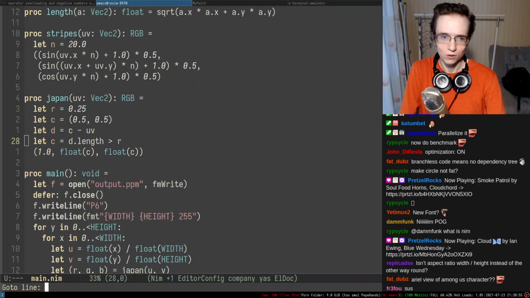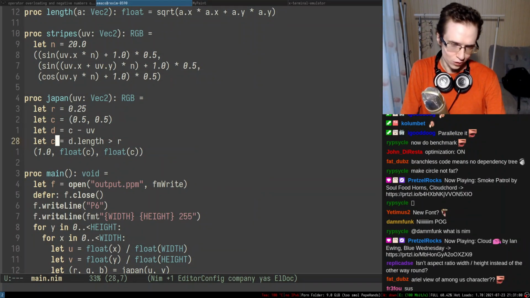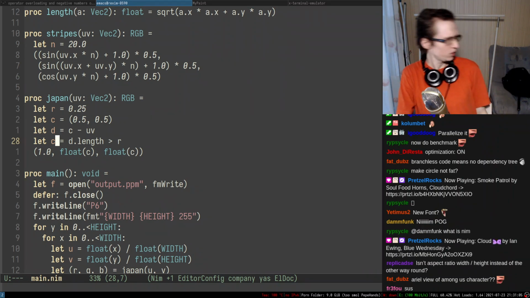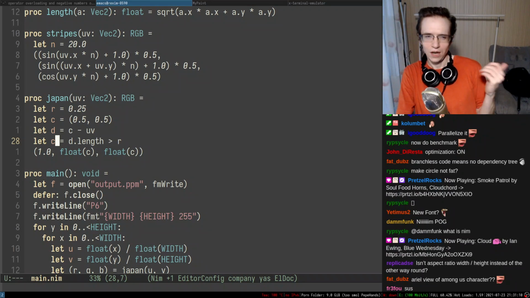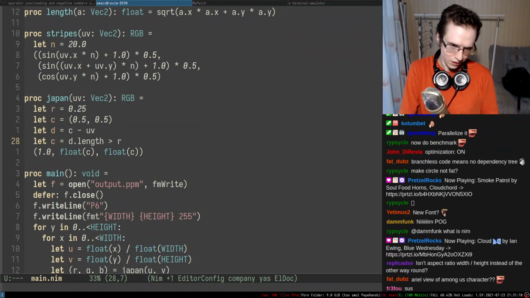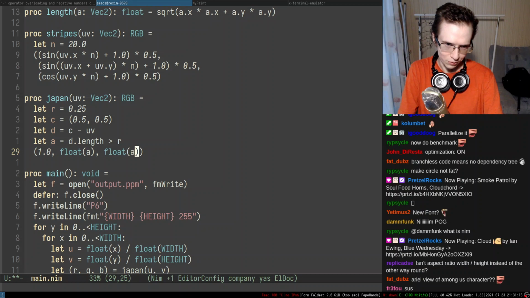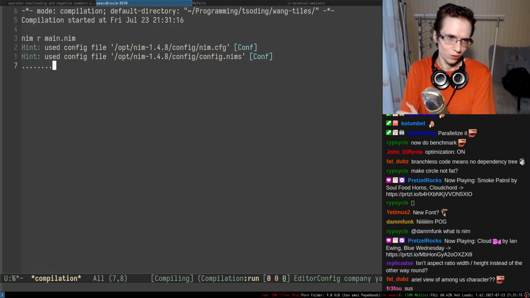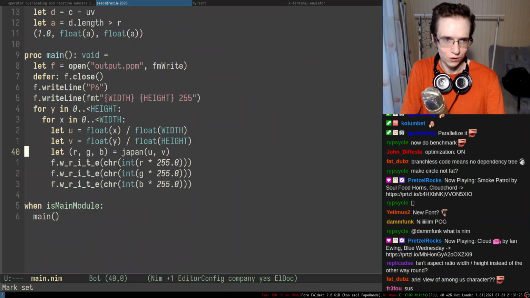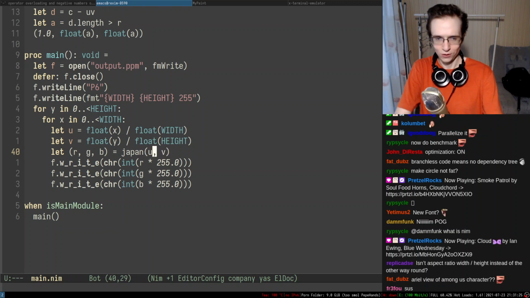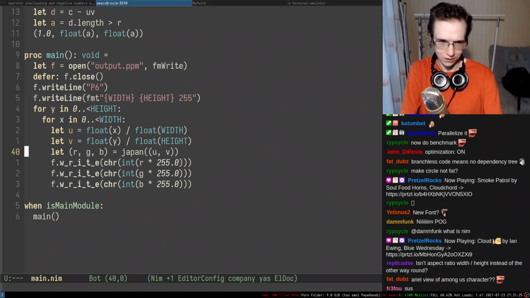Yeah, it didn't compile. So 28 predefined C. Oh yeah, because this is a center now, and how should I call this thing? So this is a center, this is the difference, and this is, I could call it R for result, so it's actually called A. I'm running out of letters to work properly, unfortunately. Okay, so what do we have? Type mismatch, got float. Okay, so line 40. Oh yeah, so now you have to actually call it like that. There we go. All right, so you have to be able to construct a vector out of this entire thing.